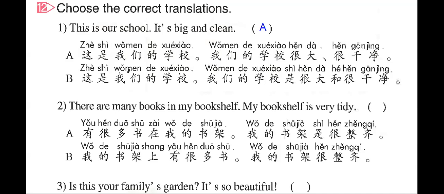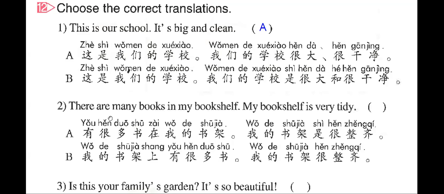Okay. Number 2, there are many books in my bookshelf. My bookshelf is very tidy. 有很多书在我的书架，我的书架是很整齐。And we have 我的书架上有很多书，我的书架很整齐。